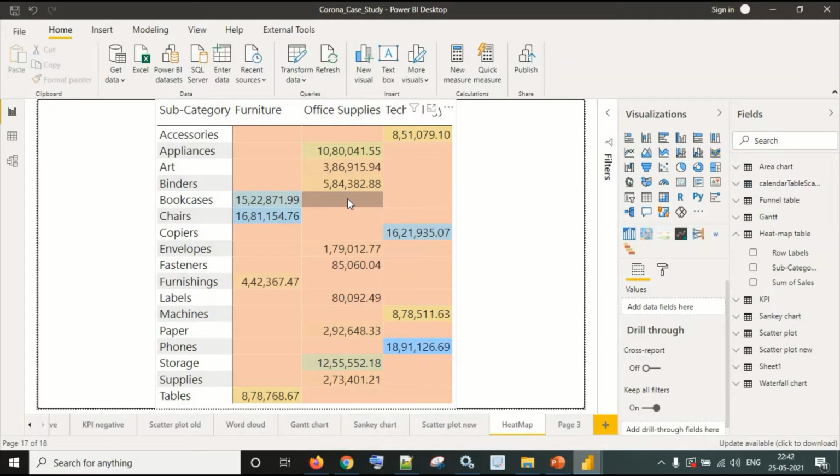We have different kinds of heat maps available, and some of them are available as custom visuals. I have used a matrix with conditional formatting for that. If you notice the difference, in a heat map we have squares of the same size, but the color is different.